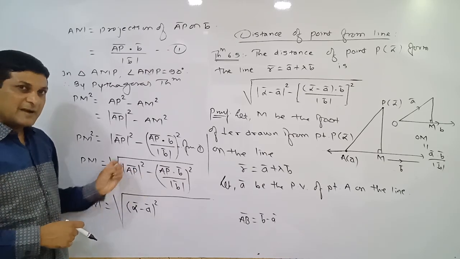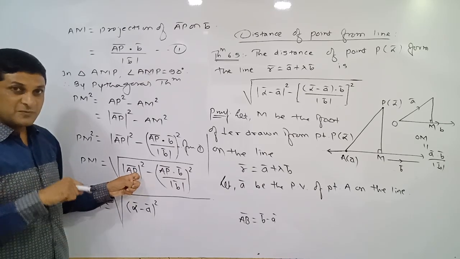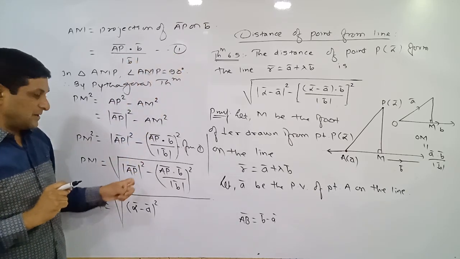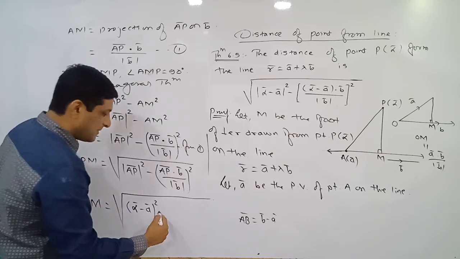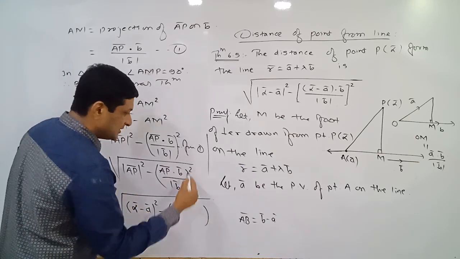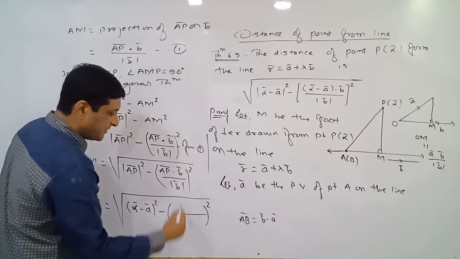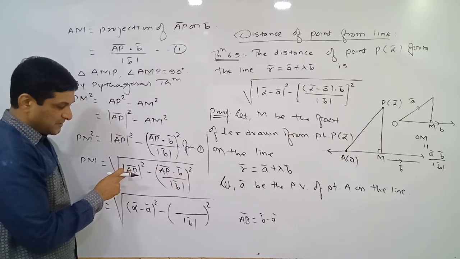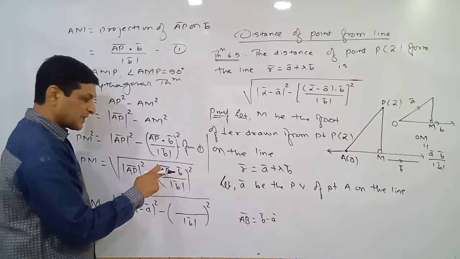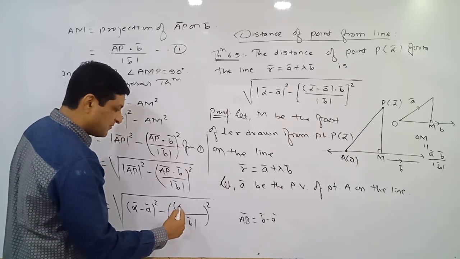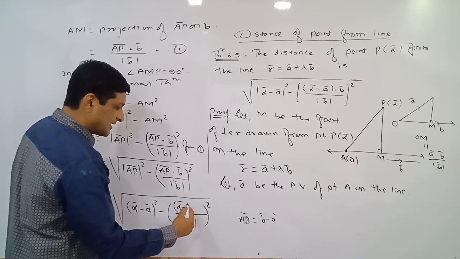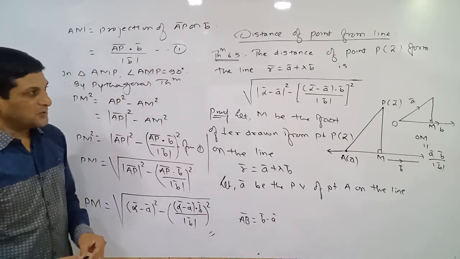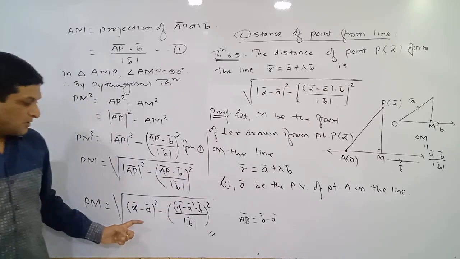AP bar can be written as P bar minus A bar, but P bar is the position vector of point P, which in the statement is denoted by alpha bar. So here we will get alpha bar minus A bar, keep this bracket and the whole bracket square as it is. In the denominator, magnitude of B bar also as it is. Here also again AP bar can be written as alpha bar minus A bar, and dot B bar, keep it as it is. And this is the formula which we have to prove here, isn't it? In this way we have got our required result.